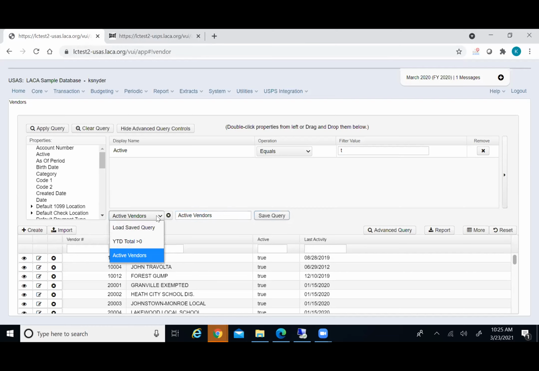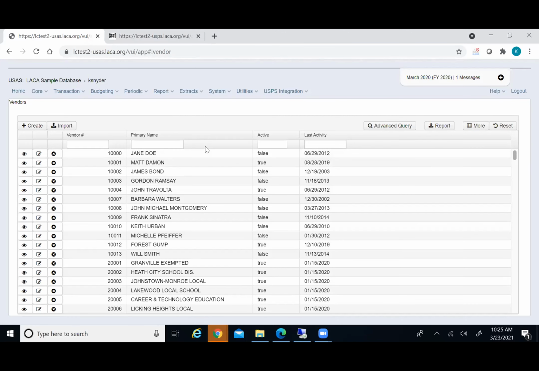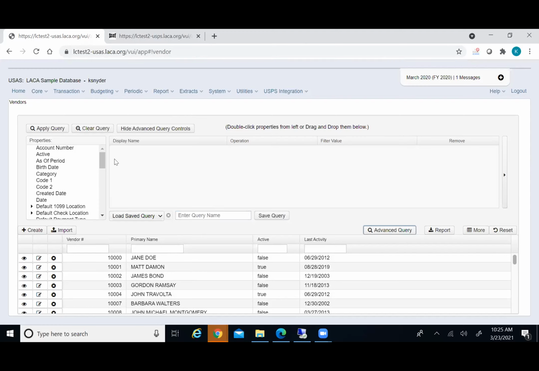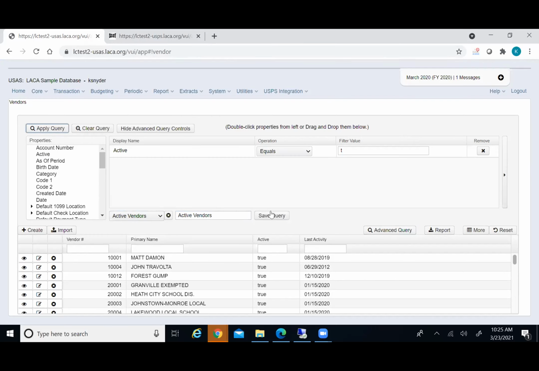Then the next time I come to the vendor grid, here I have a different one. I can, let's say, clear, hide advanced query. The next time I go into advanced query, instead of having to select stuff from the left and select my operation, I can just hit active vendors. There it is, click apply. I know the active vendor one might be a little simple, but I still hope that lets you see